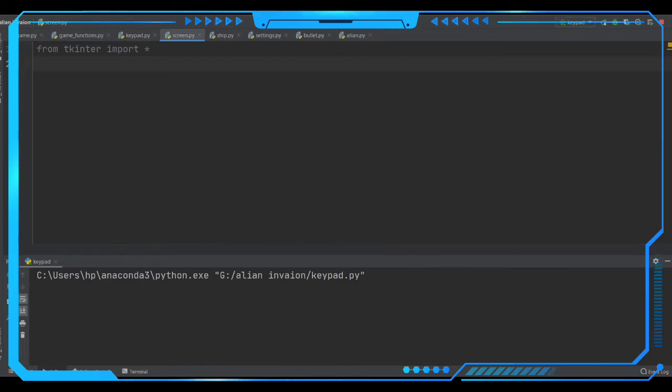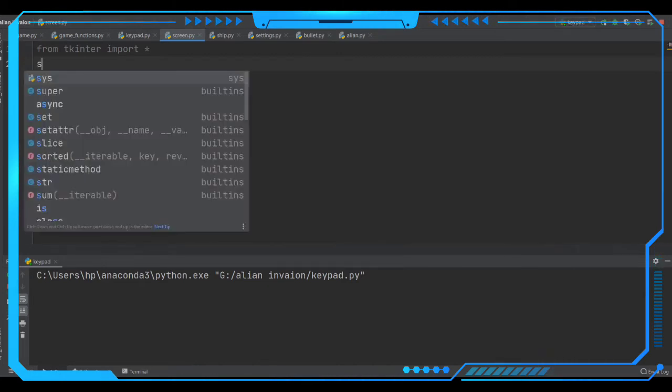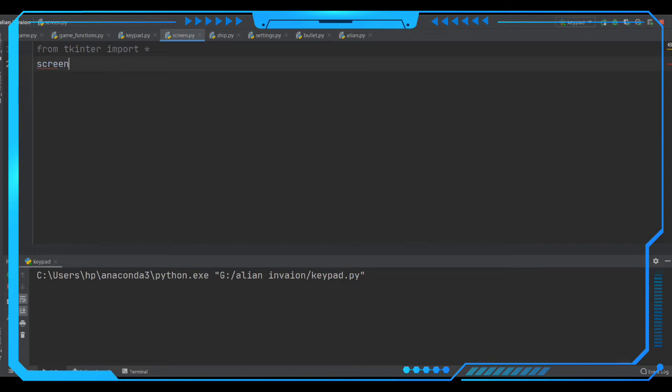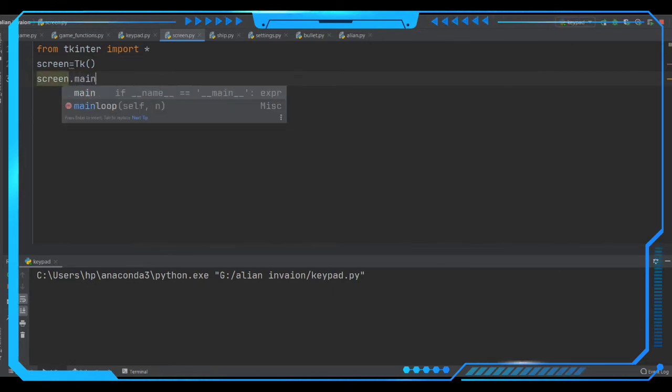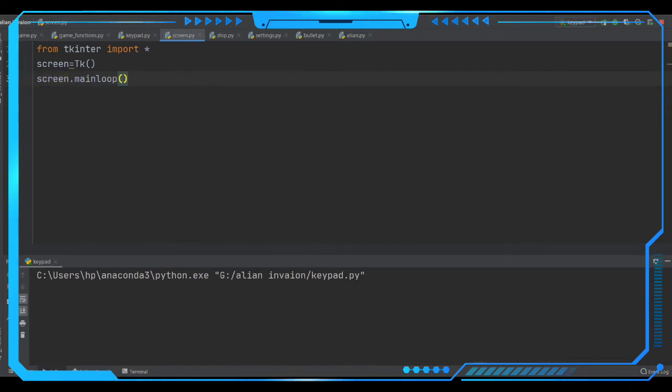Now let's create the event, like screen here. The screen should be equal to capital Tk. This will initialize the widget, and then we have to create the main loop here, screen dot mainloop. So let's run this one and check out what's going to happen here.